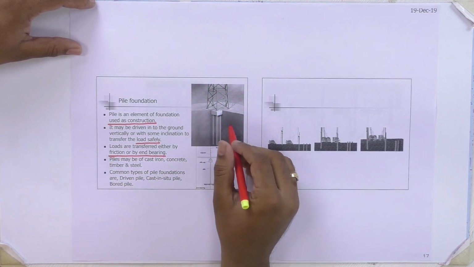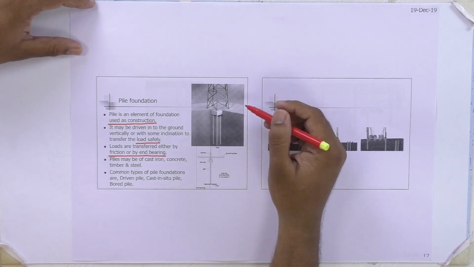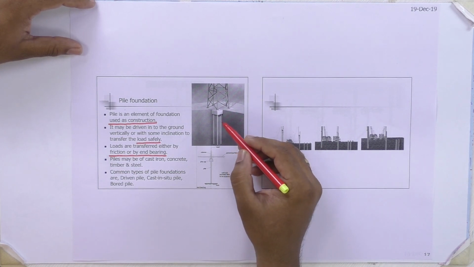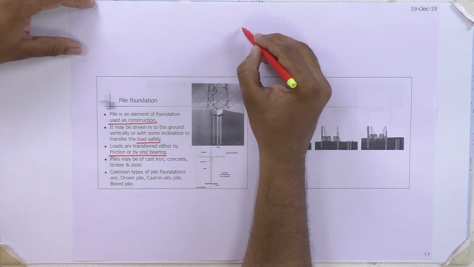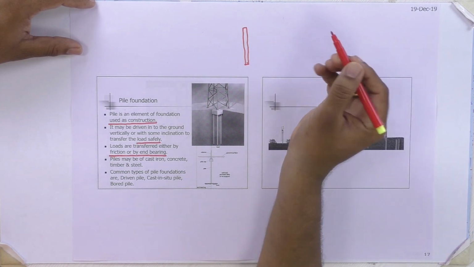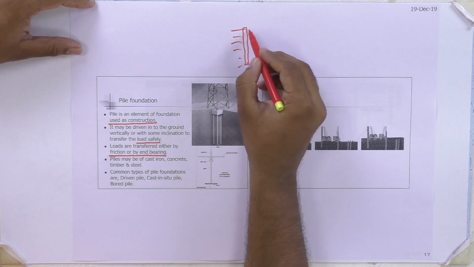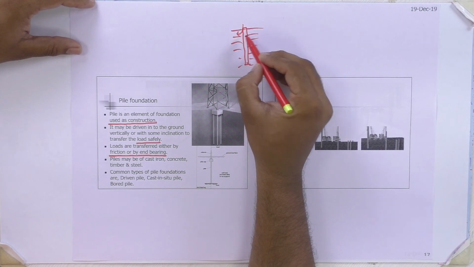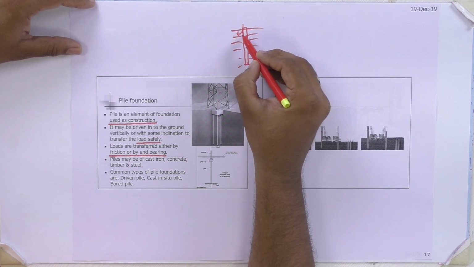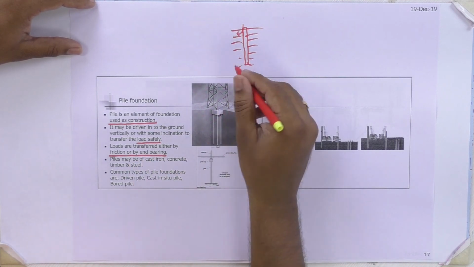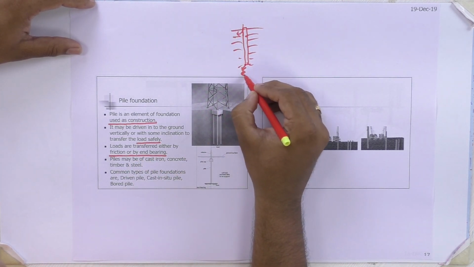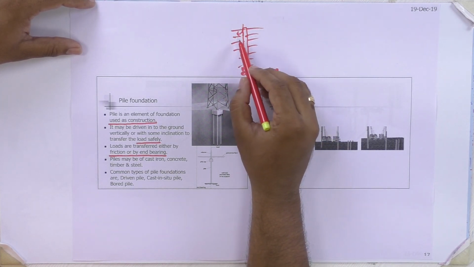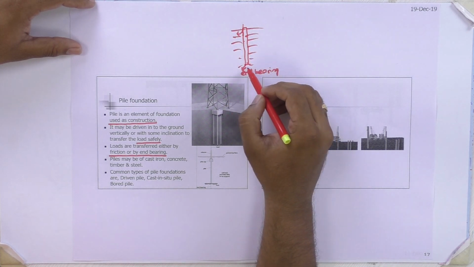So why are we adopting pile foundation? The soil bearing capacity is very low, so we adopt this type of foundation, and the load transfer mechanism is either by friction or end bearing. Friction means, if you are constructing a pile here, this will be your soil layer, and the load transfer will be by friction between your soil as well as your pile, or by end bearing. End bearing means the bottom portion. So friction is the contact between the soil layer as well as the pile, and end bearing means the bottom of the